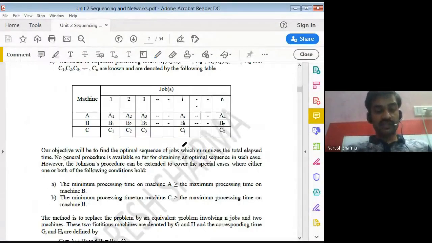So we should convert the three machine problem into a two machine problem. For that, you find the minimum from all A's. Suppose that minimum value is Ai.